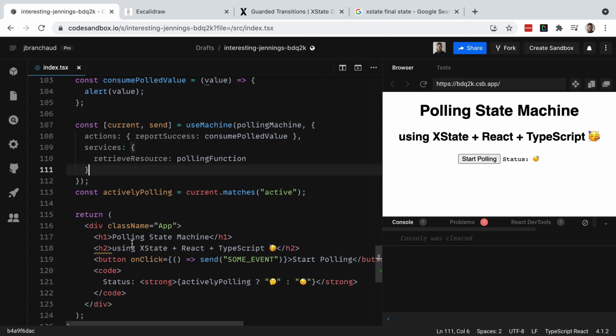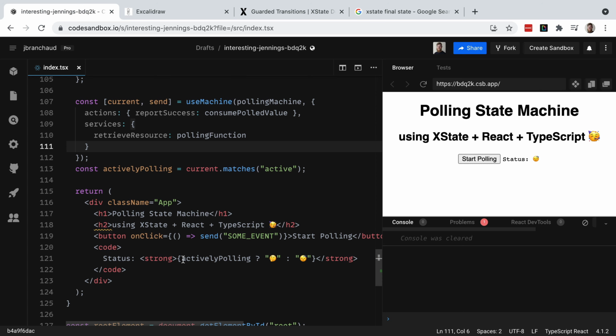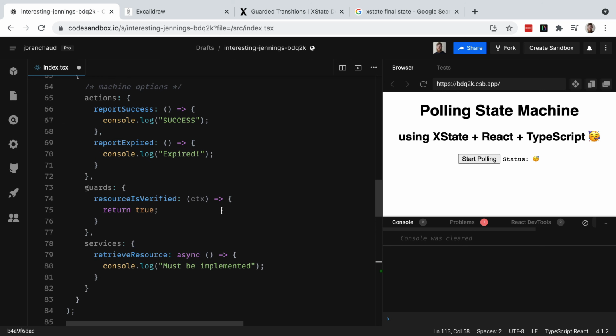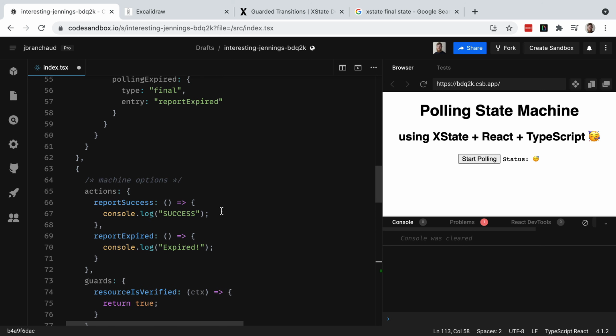And so, yeah, what about this thing? It's saying, are we actively polling? And that's coming from here, the current state. So the state we get from use machine, if that matches active. So that aligns nicely. The active is the state we care about, then we're actively polling. Actually, that's not, I want to say active dot polling, or maybe, well, that's interesting. So